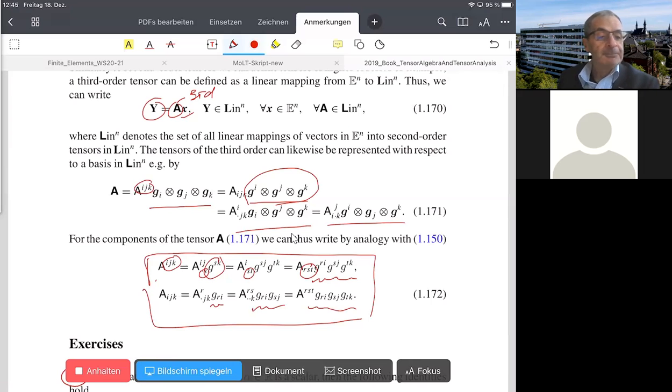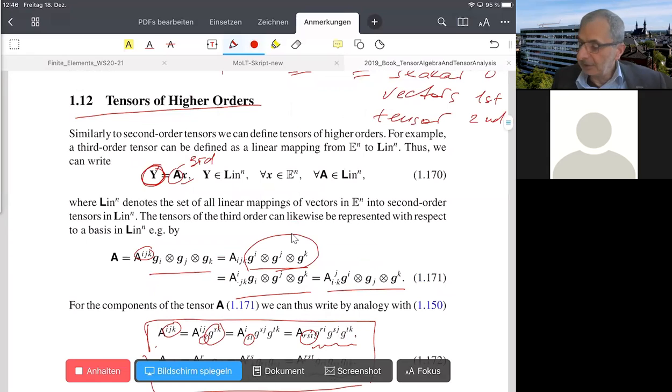There is a question: the dimension of the result of a mapping is always a difference? Yes, right. Not the difference, the sum. Or the dimension of the result, right. If you speak about this tensor here, it is a second order tensor, it is a difference between the dimension of this tensor and this vector, right? So that means that here we have a third order tensor minus one, the dimension of a vector,